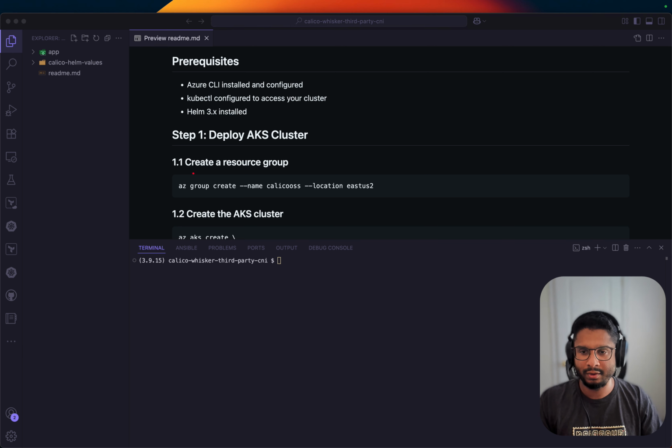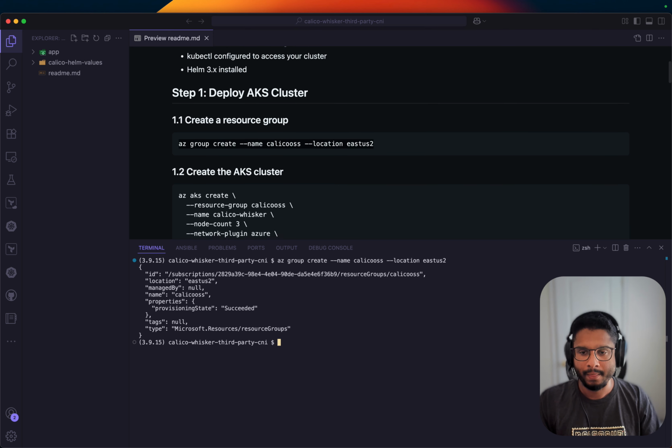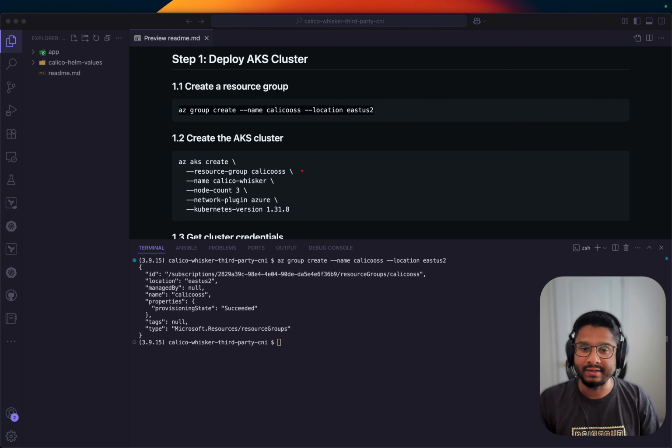So first of all, we're going to start by creating a resource group in AKS. We're going to call this Calico OSS, Calico open source. So let me go ahead and do that. Now, once the resource group is created, we can then create the AKS cluster in that resource group. Now, this AKS cluster is going to be called Calico Whisker, and we're going to have Azure CNI for this